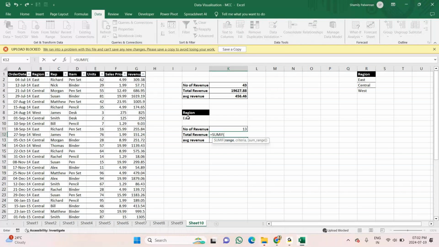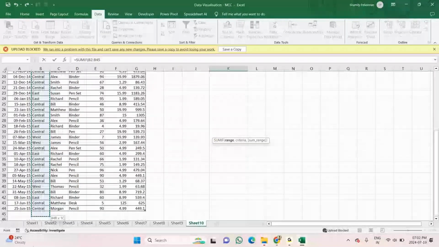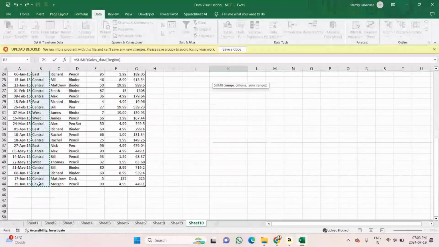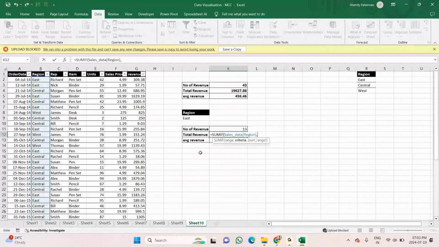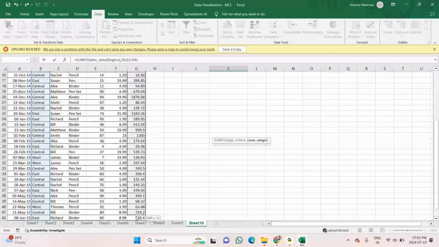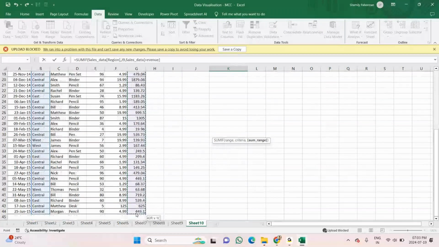So where is this east available? From the list of region, comma, if the region is east, that is a condition. If it is east, give me the sum range, that is give me the revenue. This is what I'm doing. Close the bracket, enter. I got this total revenue.